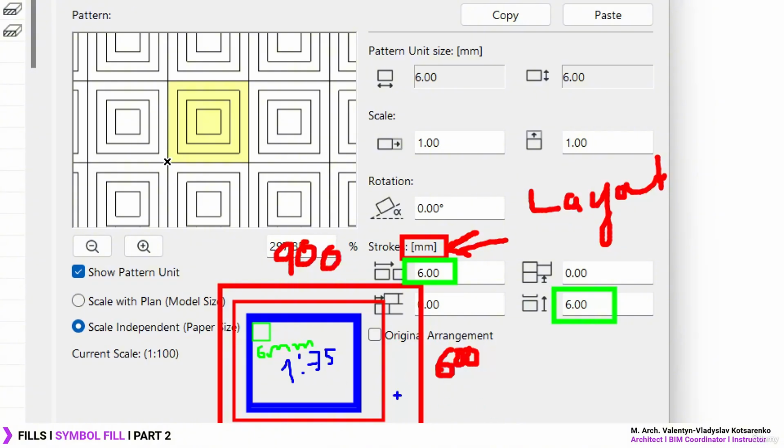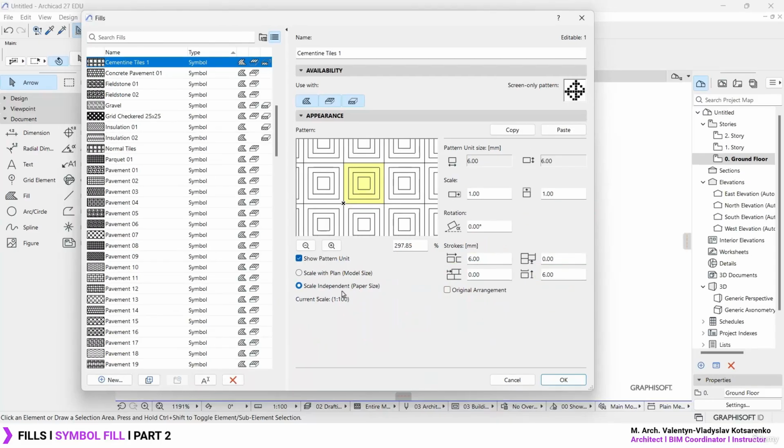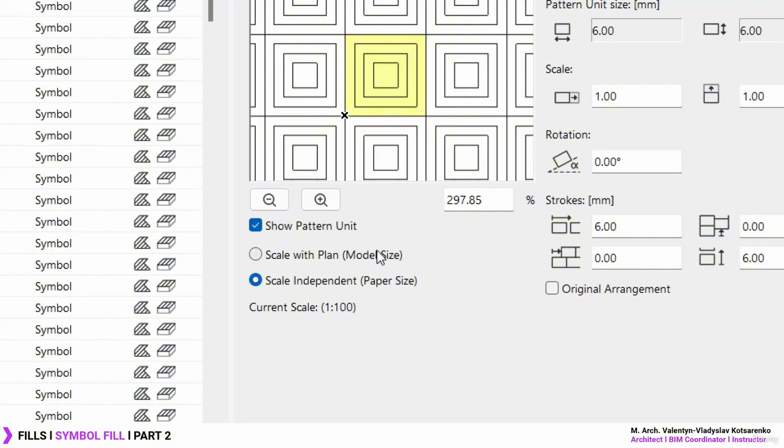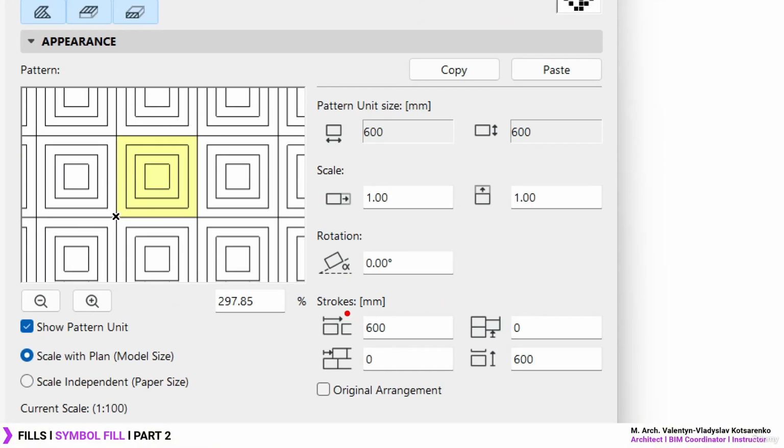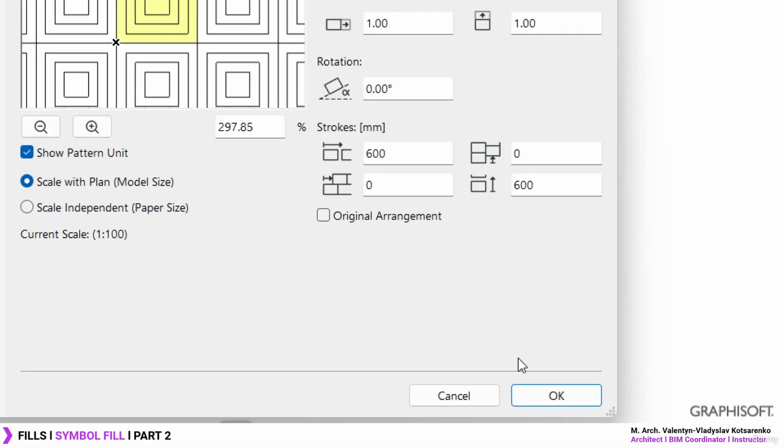If you scale this down a little bit more to something like 1/100, the final pattern is also going to measure 6 millimeters. So if we are looking for a completely real type of representation, I wouldn't recommend the paper size parameter. I would definitely stay with the model size. So whichever value you input over here is going to matter once you start scaling down or scaling up your project. For example, if you have a room which is